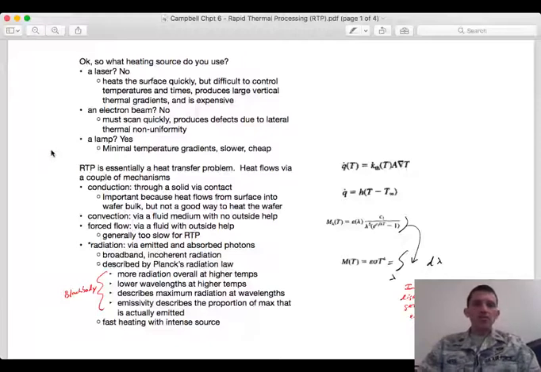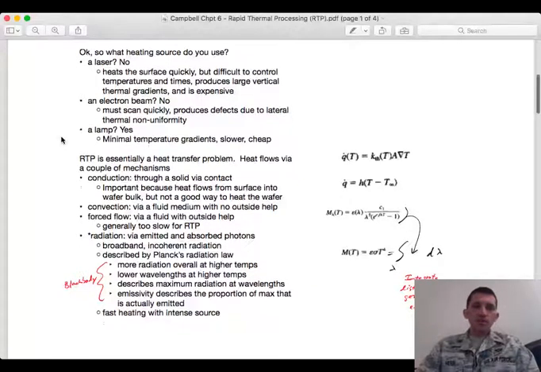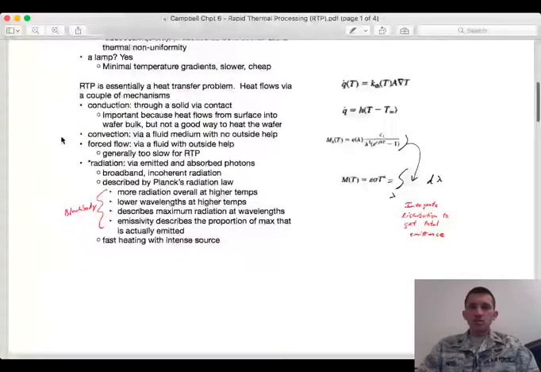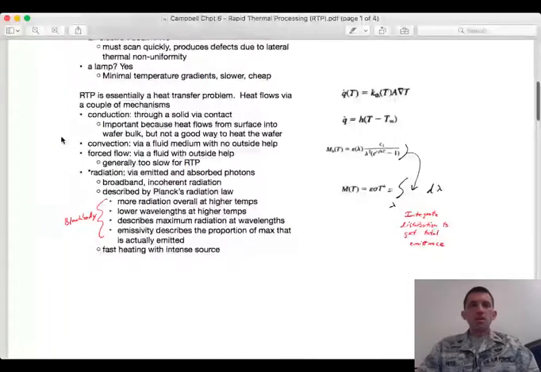To heat the surface uniformly, you need to scan the electron beam very quickly. And so you're not heating the whole surface at the same time, which makes getting uniform temperature across the surface difficult. And so this is an example of where a simple solution is the best one, and that is just